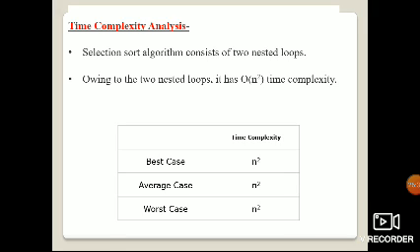And what is space complexity? The three types are there: big O, omega, and theta. What is the space complexity? It is the amount of memory needed for the execution of an algorithm. How much memory is required? Space is for the memory. How much memory is needed for execution of an algorithm is the space complexity.